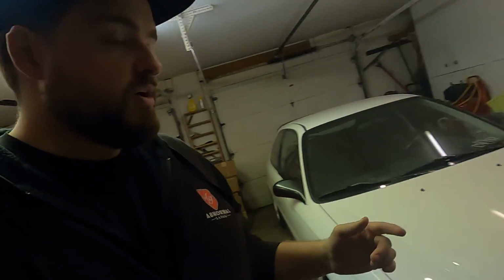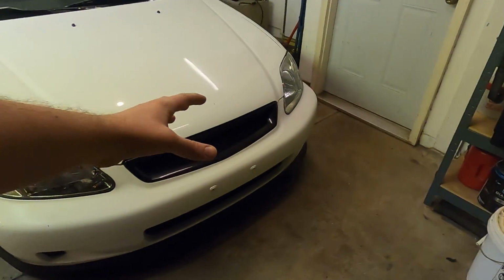Now, once we do go to pull all this stuff back off, because we will be vinyl wrapping the car at some point, I will be securing them a little bit more properly. You guys saw it's just held on with the self-tapping screws and a little bit of tape. When we do pull it off, we'll run a full strip of tape on both lips and secure it at that point. The rest of the pieces, the grille, like I said, looks really big and open being all black,